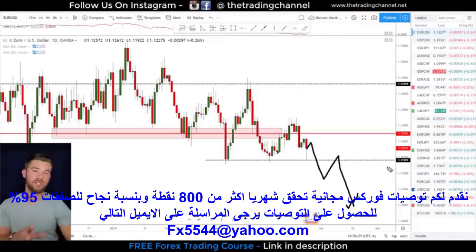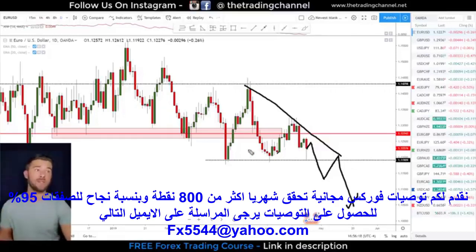So our area of interest, if we break and close below it, is not as support. Remember, we don't want to use 1.12 as support now because we have falling resistance levels, which is a sign that we're going to get a breakout to the downside. So because of that, instead of using this level at 1.12 as support, we're going to wait,